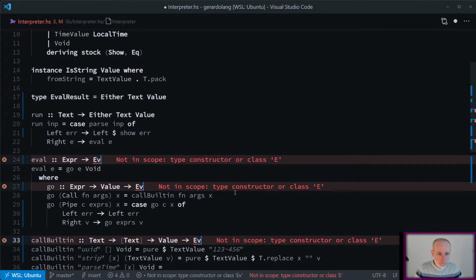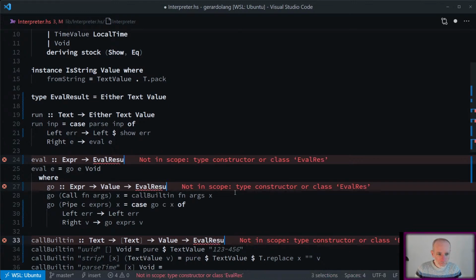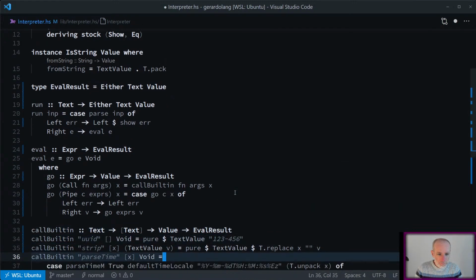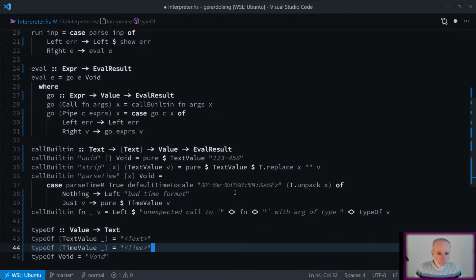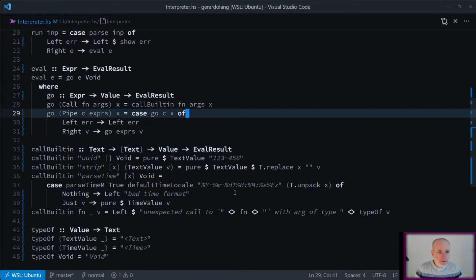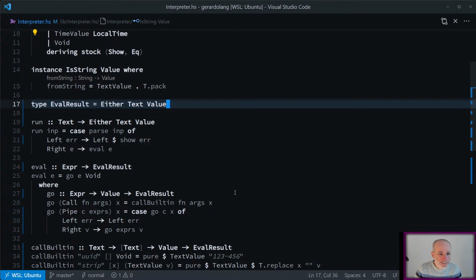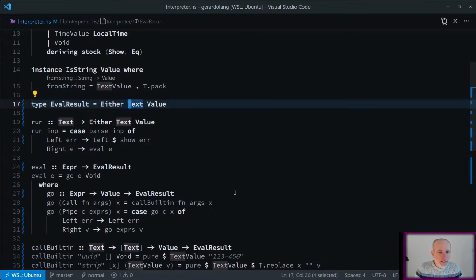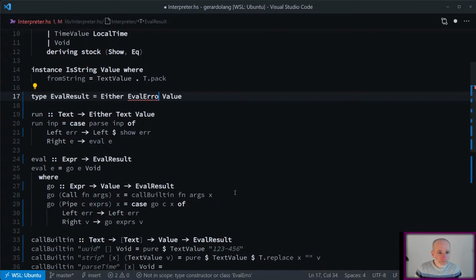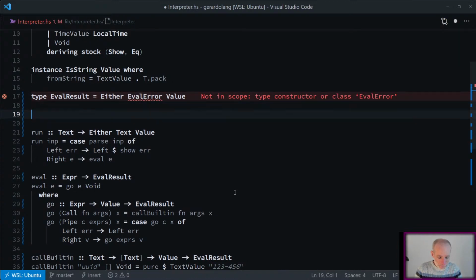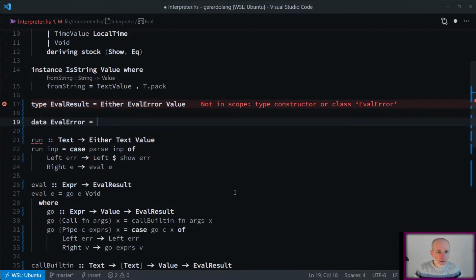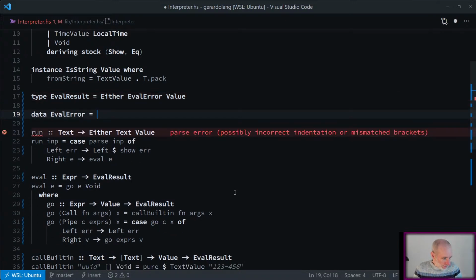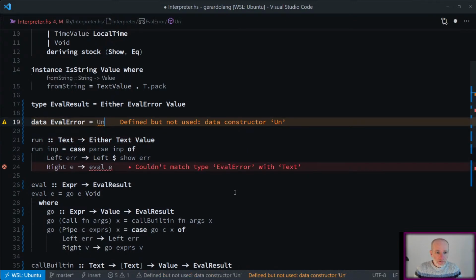These will all be of type eval result. Okay, and the reason for that is I now want to change this. So it's either going to be an eval error or a value. You can say data eval error is